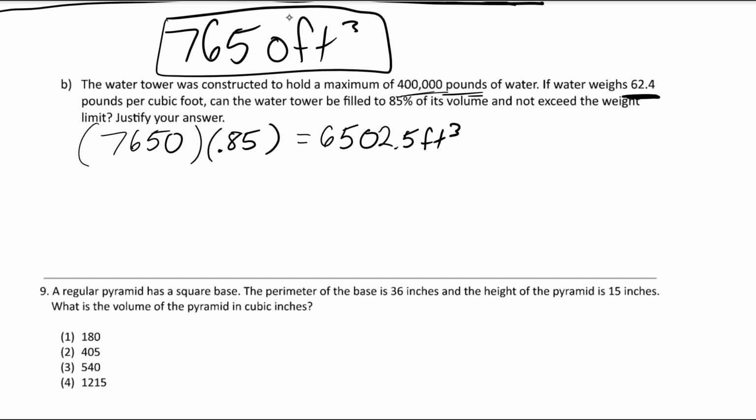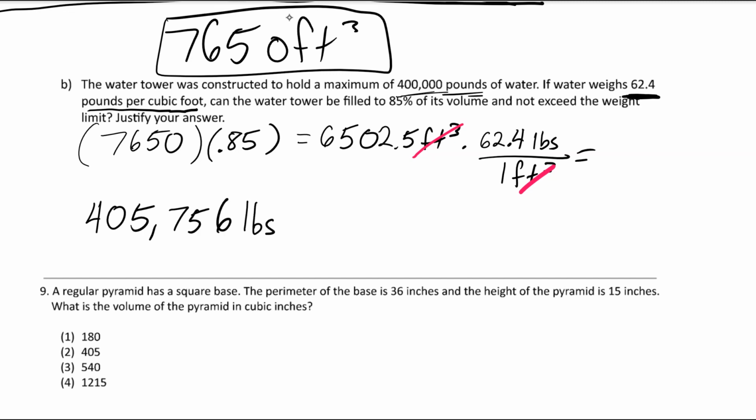And if water weighs 62.4 pounds for every cubic foot, I can multiply that by 62.4 pounds for every 1 cubic foot. Now, I know it's multiplication instead of division because when I multiply them, feet cubed divided by feet cubed cancels. And the only unit I'd be left with is pounds, and I'm trying to get a number in pounds. So if I multiply those two, I get that equals